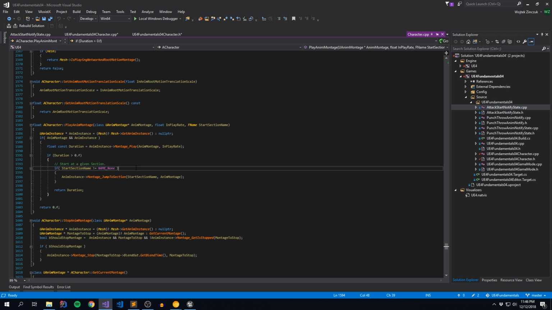It then tries to say, hey, the start section for my playback, is it null? Is it empty? Make sure it actually exists before we say anim instance montage jump to section. Which again gives me a little bit more information, because now I can say, okay, so if I want to move between sections, I can use this function, and if I want to play stuff back, I can use this